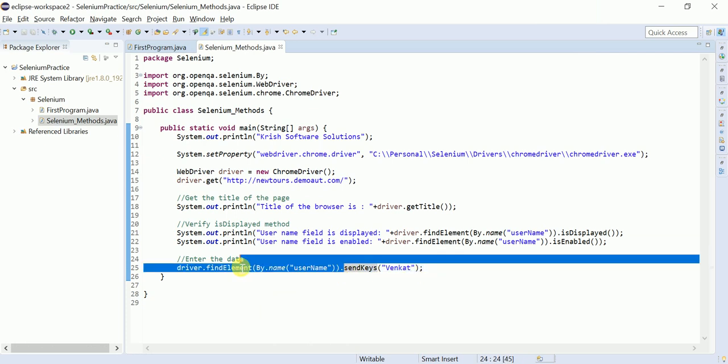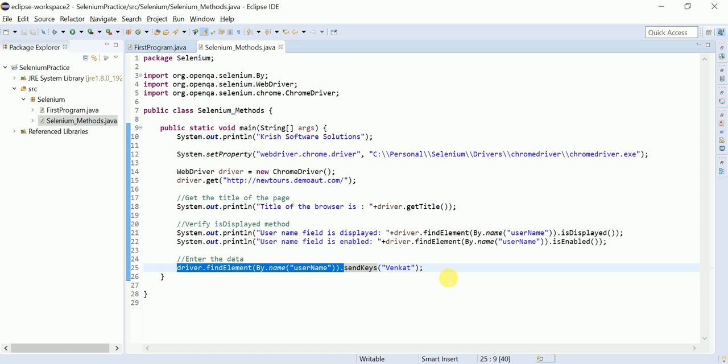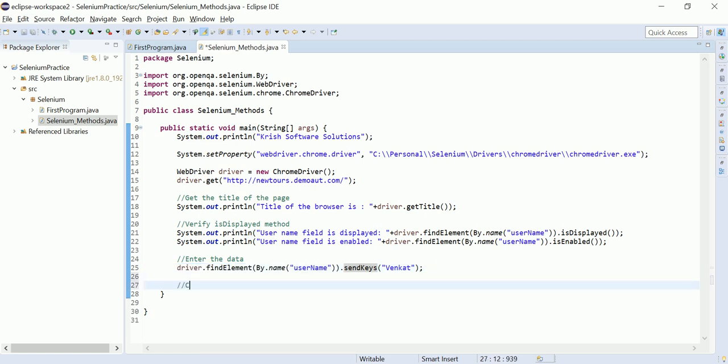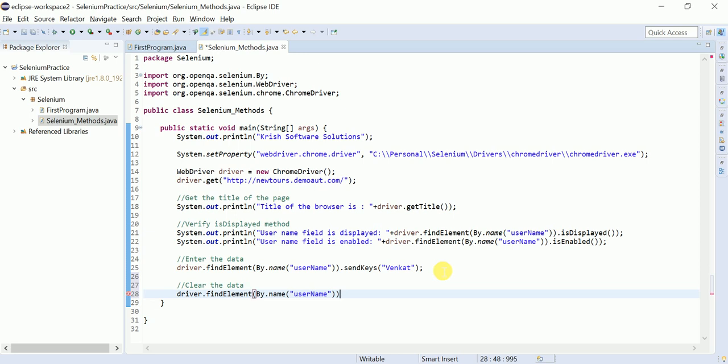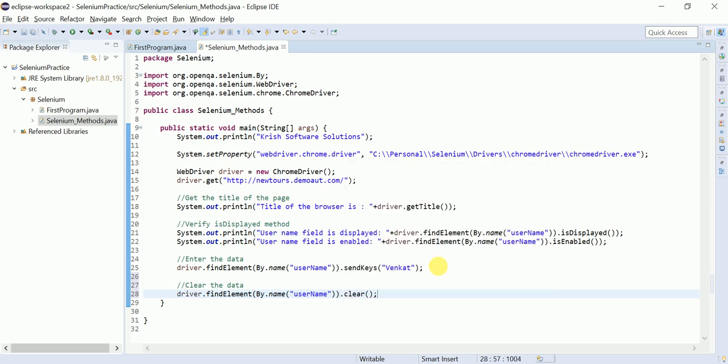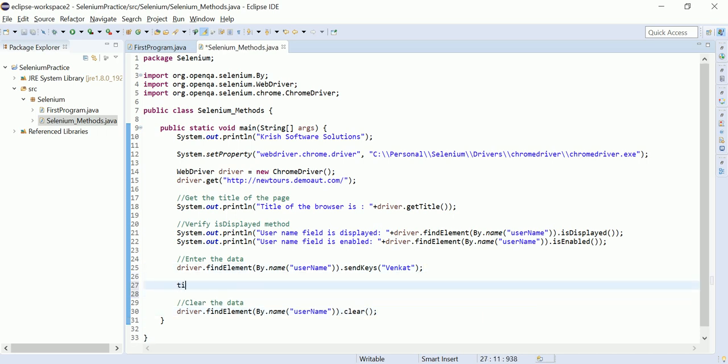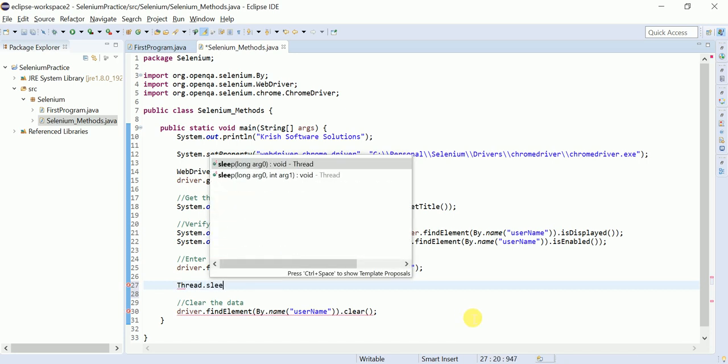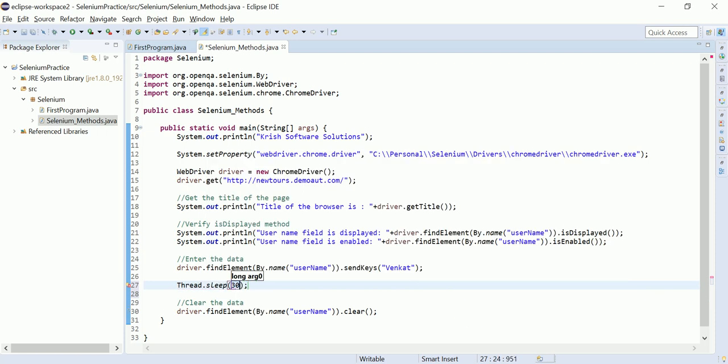How can you do that? Very simple. Same locator only, right? Username locator only. I want to clear the data. How can we clear? Dot clear. Also I want to tell you, if I want to wait in the middle of the execution, you can use Thread.sleep, but it is not recommended.